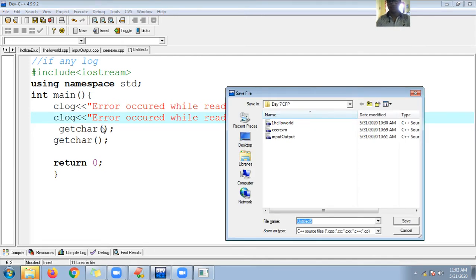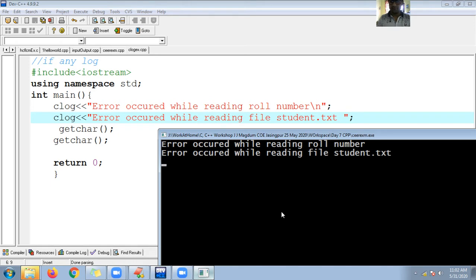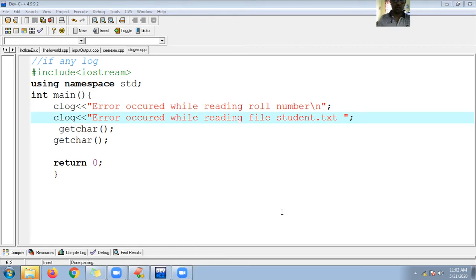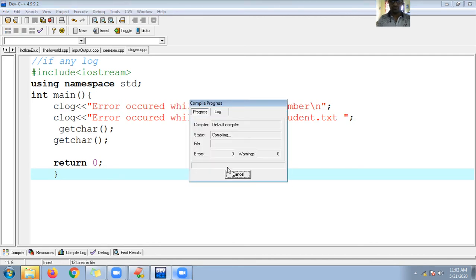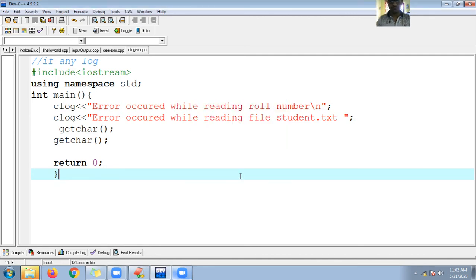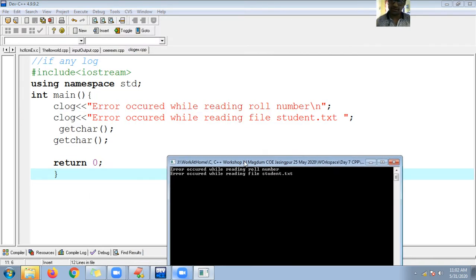So let me show here. The clog example. Okay, Control F9. I think an existing program is running. So let me enter here, Control F9, compiling, close, Control F10. So you can see here guys, you may ask me a question,